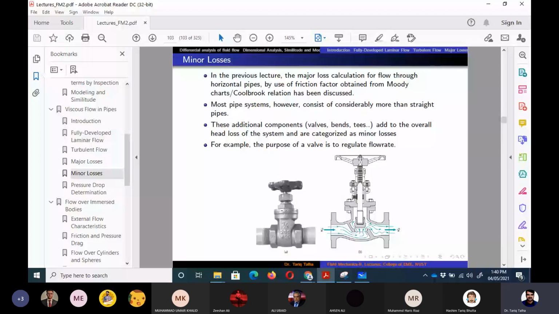Similarly, for the minor loss, we need to come up with some parameter so that we can use it to determine the minor losses in all the components. That is one thing, that we need to define a parameter as we did for the major losses. And secondly, we cannot derive the value of that parameter from some basic principle. Rather, we need to conduct experiments to find the value of the minor losses in that component.